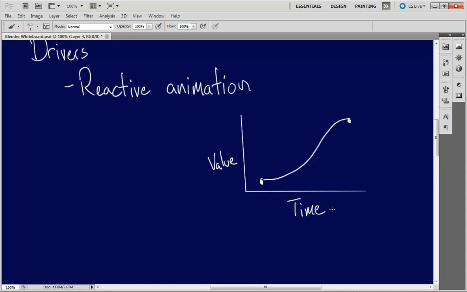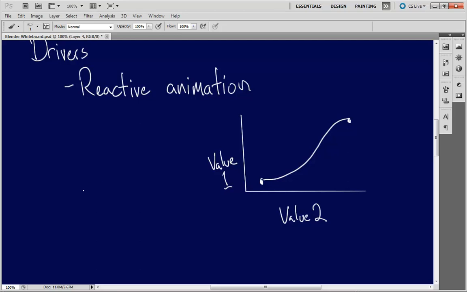However, when it comes to reactive animation, you still have keyframes. You still have animation curves. It's all the same thing, but instead of being driven by time, instead of it being value over time, it's value 1 over value 2. Now, if that blows your mind, if you're like, I don't get it, why would you ever do this? This is so that you can have one object's animation literally be driven by something else.